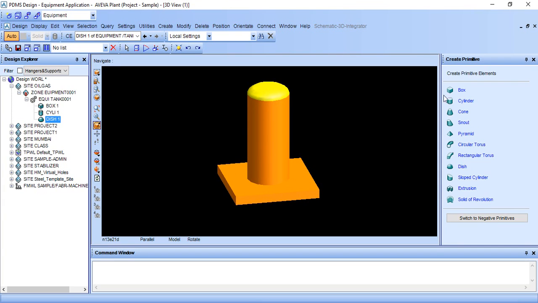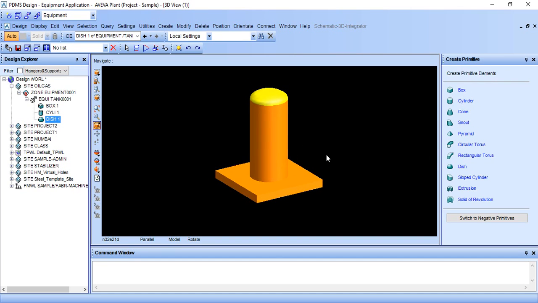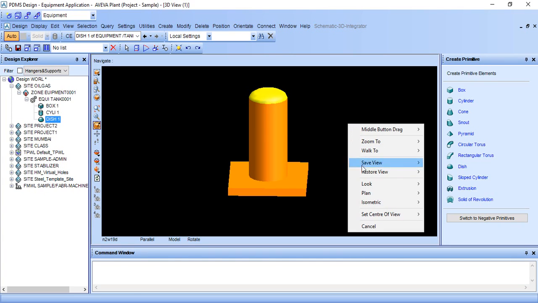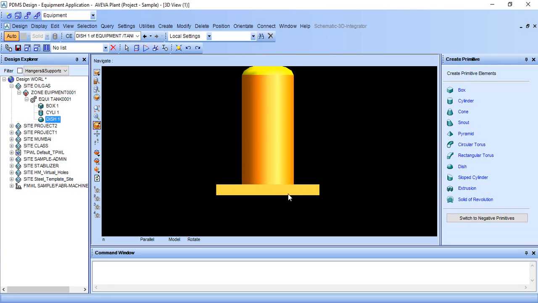You can create anything, box, cylinder, cone, from this command. This is primitive, and you can join any point with connect primitive point. So I want to teach you another method of joining or moving equipment. First of all, I will right click, look north.